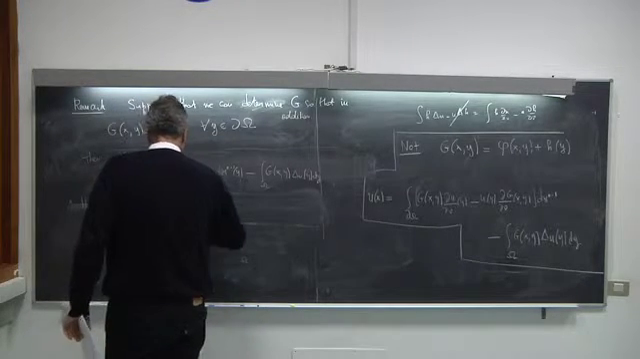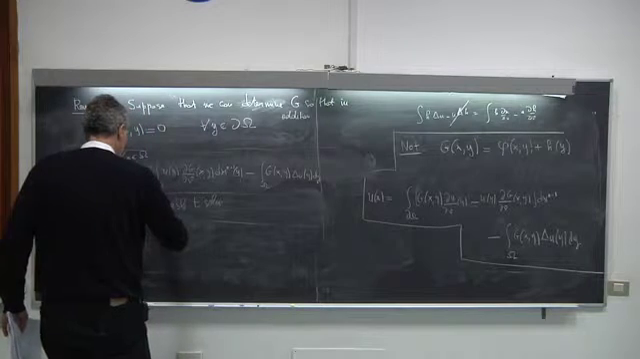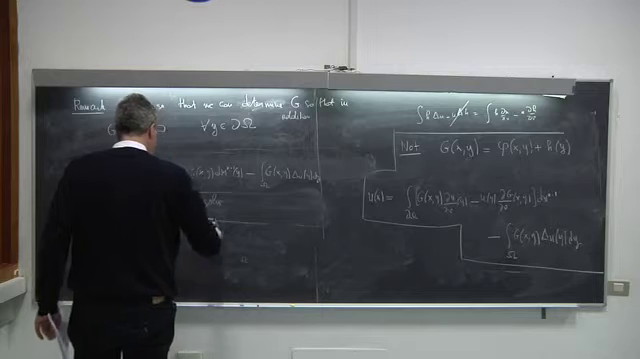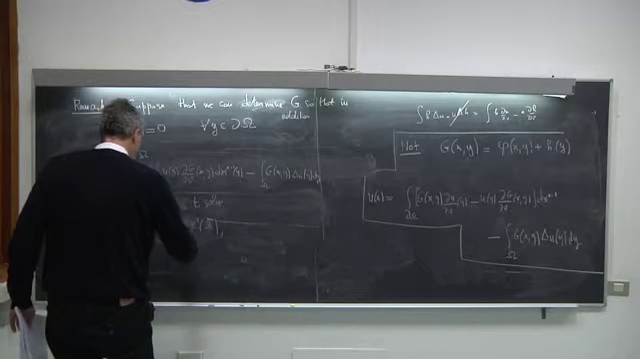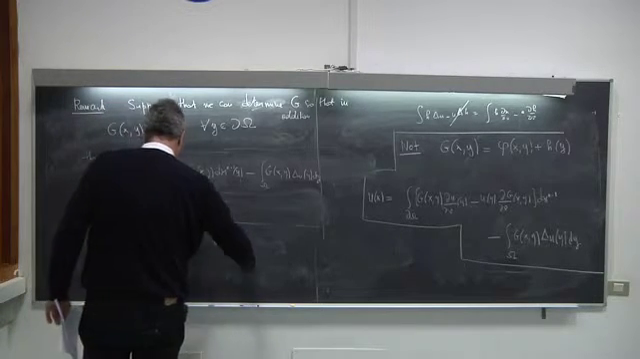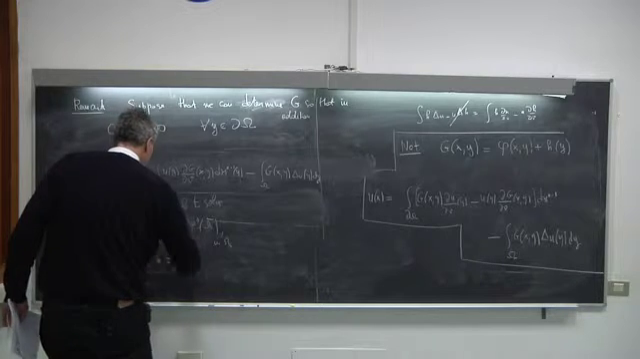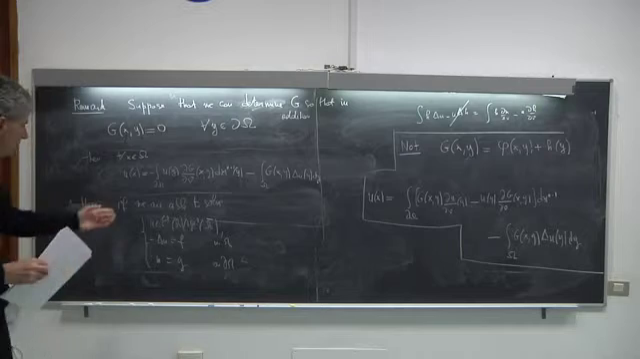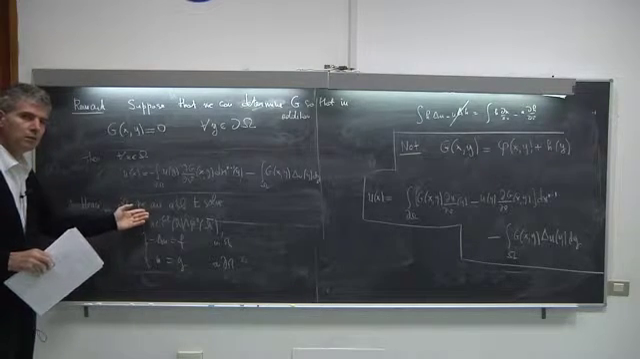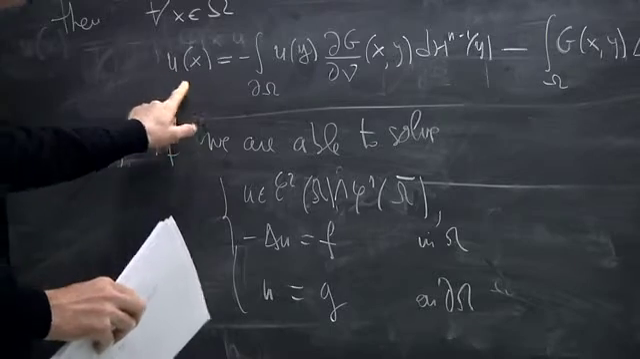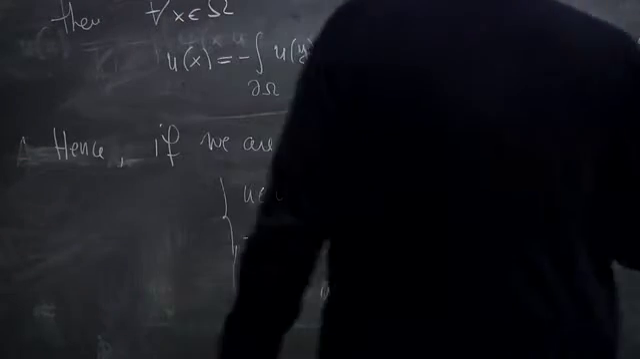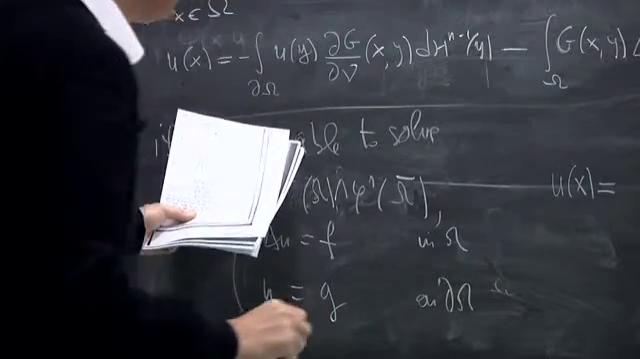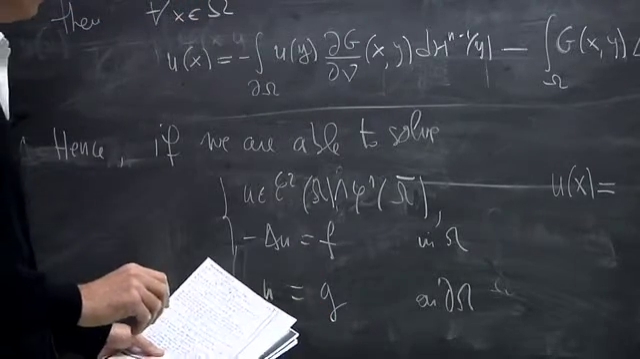No, sorry, u in C2(Ω) ∩ C1(Ω̄), −Δu = f in Ω, and u = g on the boundary of Ω. If we are able to solve this, then we have a representation formula, which is quite interesting, because necessarily, if this is true,